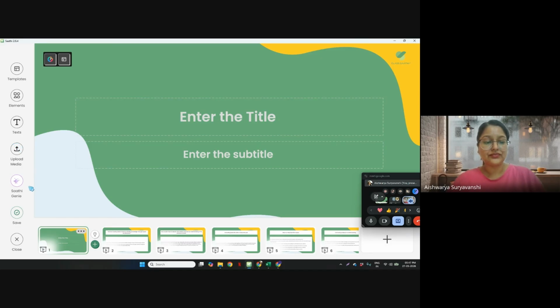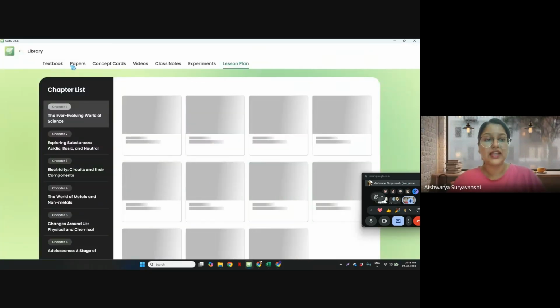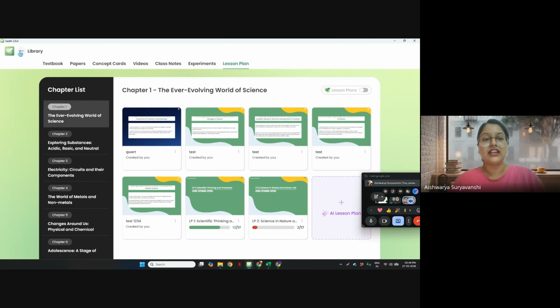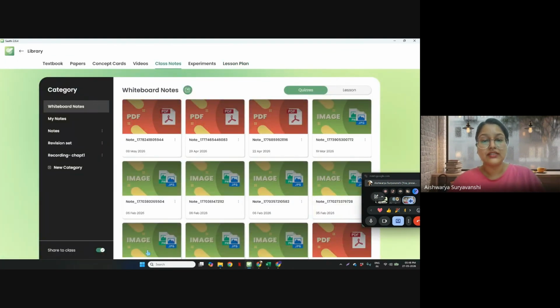Okay. So that was the lesson plan option. The reason why I've showed this again is because I would like you to use it for your Hindi subjects, for your English subjects, English, maths, even science. I think all the subjects will get the most out of it. So you can use the lesson plan. And of course, there are the existing class notes where you can upload your subject-wise notes and share it with the students if they like.